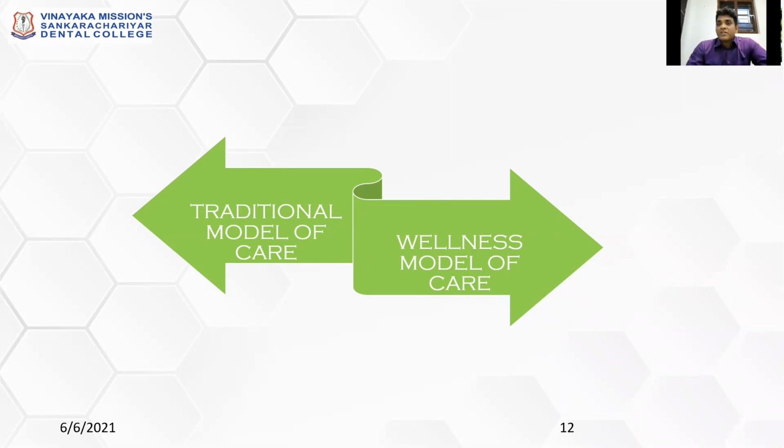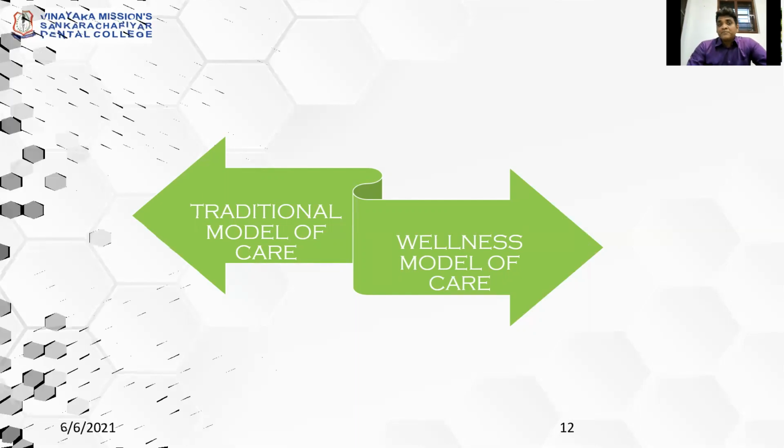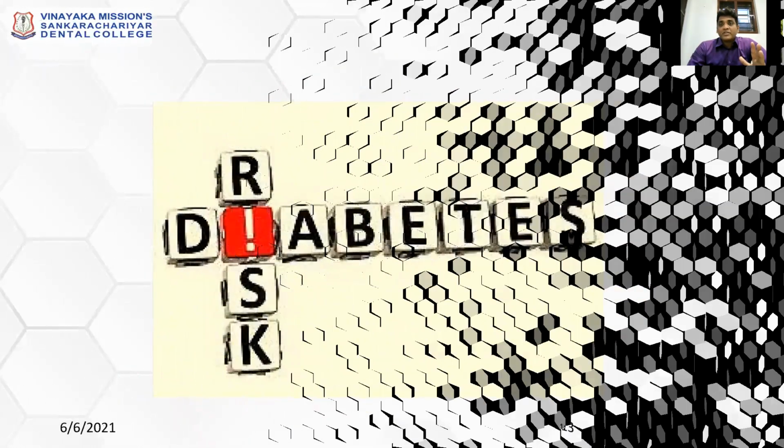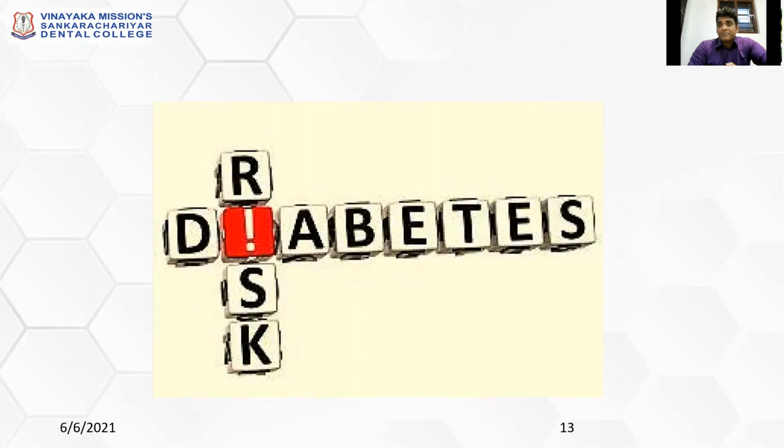What is the wellness model of care? The recent tailor-made periodontal management for an individual patient is just the inclusion of 2 elements. That is risk factor assessment of an individual patient, and then the prognostic system for an individual tooth or overall prognosis. If you include those 2 elements and then properly re-evaluate, it is called the wellness model of care. So thus the shift in periodontal management has taken place.